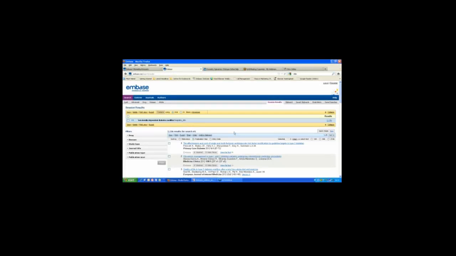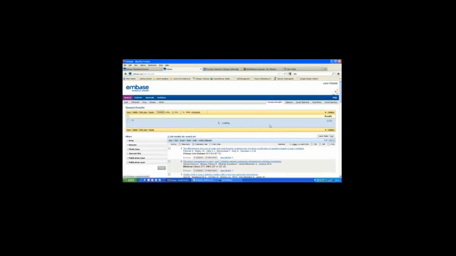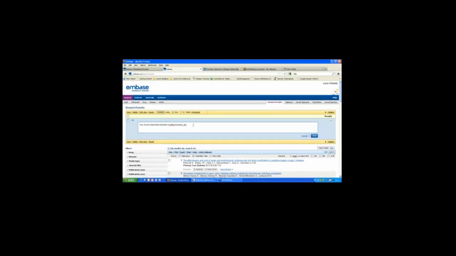And we come to our session results. From your session results, you have a number of options. Now you have your results already. Now, if you start to scan over the search itself, you can see, for example, that you have an edit button here. If we click on edit, this means that we can actually edit our search here in line. So, for example, I can add "and human"